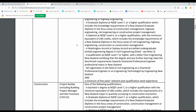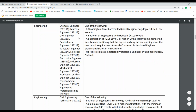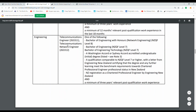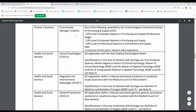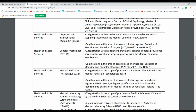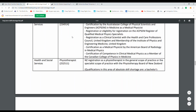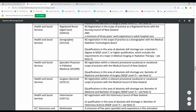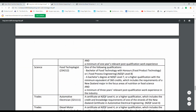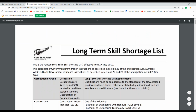So construction project manager, construction project builder, quality surveyor, chemical engineer, civil technical engineer, electrical engineer technician, electronic engineering technician, telecommunication, procurement manager, clinical diagnostic and interventional radiologist. Whoa, I never heard about that thing. First time I'm reading as well. Psychiatrist, aged care nurse, multimedia specialist, and so on. The list goes on. I'll give you a link of this list to go and see yourself, so you know